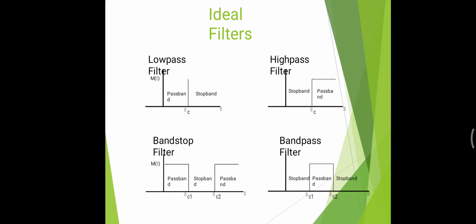Now there are some ideal features of these filters, which are shown in this slide. We can ideally specify each filter with respect to its frequency characteristic as given in the slide. For the low pass filter, we can choose the pass band and stop band as shown in the figure. Likewise for all filters, these are the ideal conditions with frequency characteristic.